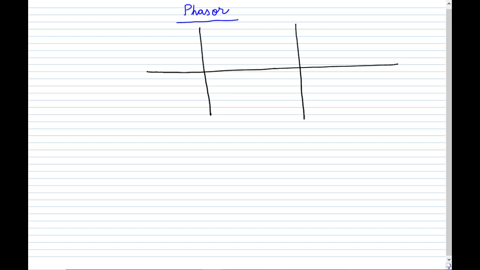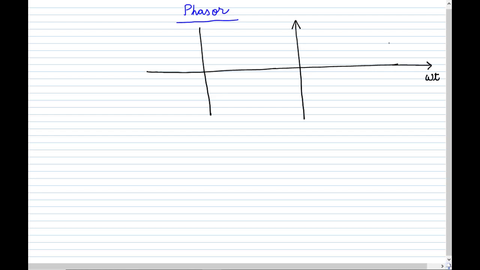So now we have learned how to draw the phasor. It is very easy. First we have to draw the voltage and current, and then we have to draw the amplitude, and then we have to draw the rotation vector. So three things we have to draw, then we call it as a phasor. So for the phasor, we draw a horizontal axis, and then we divide it into three parts, 1, 2 and 3. So here we take the voltage or current, and here we take the angle theta or omega t.